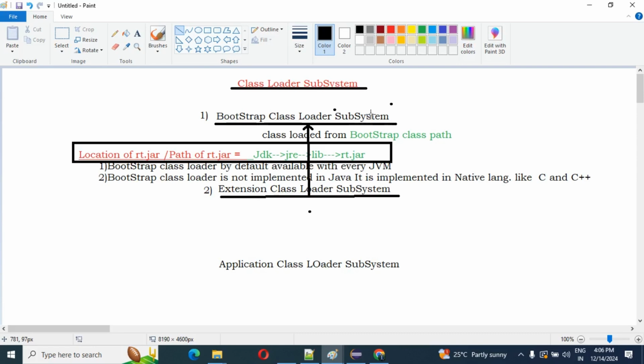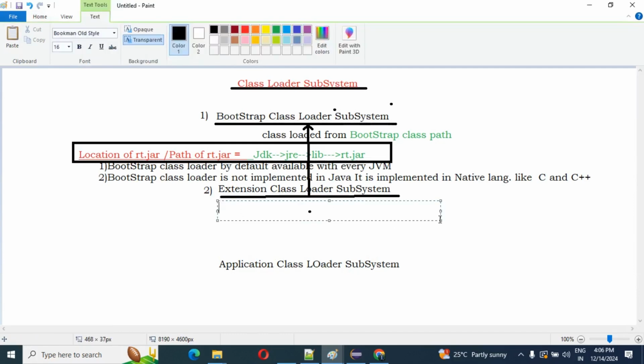So guys, the extension class loader is responsible for loading classes from the extension class path, same as the bootstrap class path I mentioned. So classes are loaded from the extension class path.